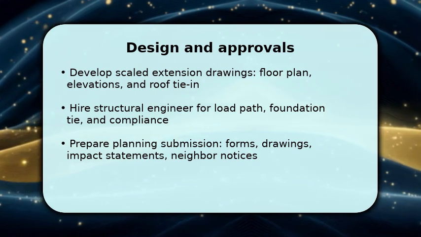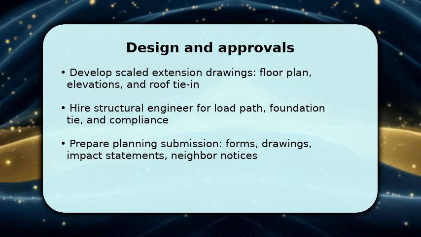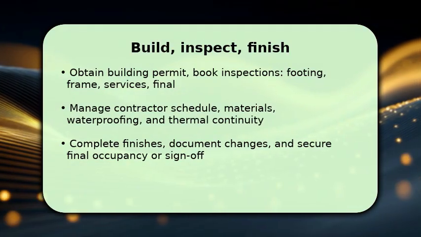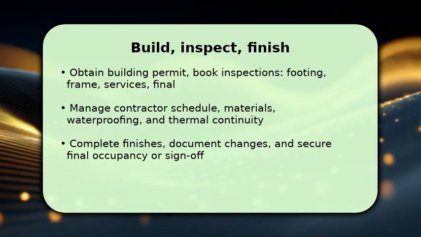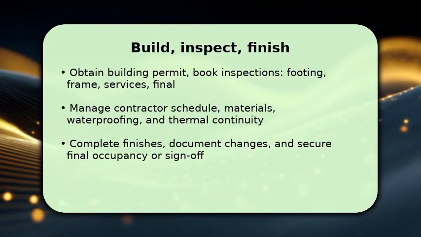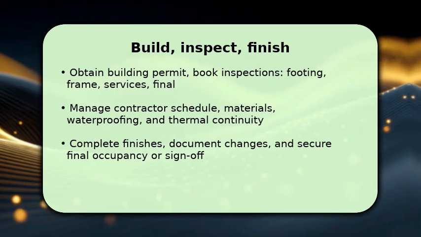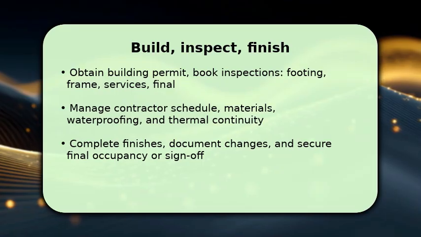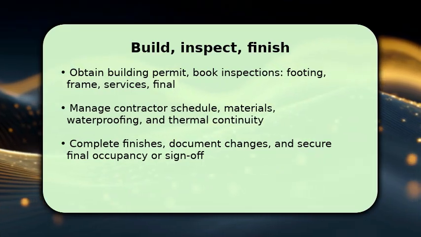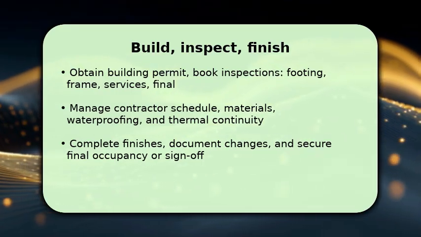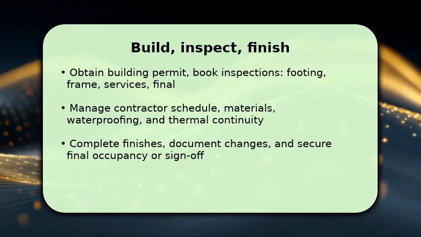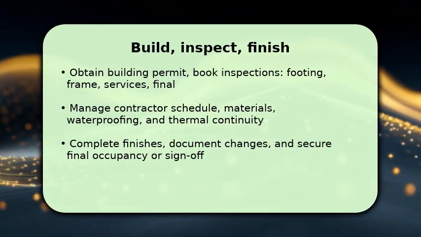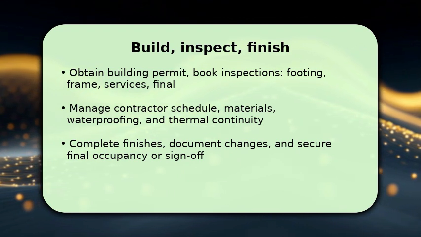With permits issued, you begin construction. Excavate, form, and pour footings, and schedule the footing inspection before progressing. Make sure your contractor follows the engineered details for waterproofing, thermal continuity, and proper ties to the existing structure. These choices prevent leaks and heat loss. Coordinate services, electrical, plumbing, HVAC, and book mid-stage inspections. Once work is complete, finish trims and paint, compile as-built documents, and obtain the final inspection or occupancy sign-off. If disputes arise,